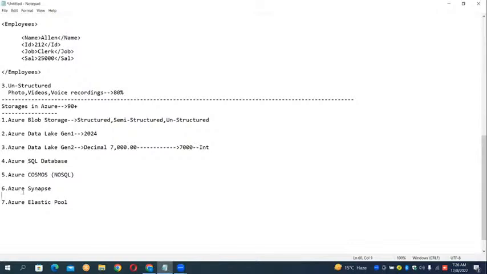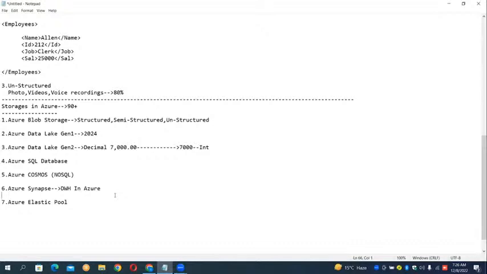Then we have the Azure Synapse. Synapse is nothing but a data warehouse. The data warehouse of Azure is called Azure Synapse Analytics.